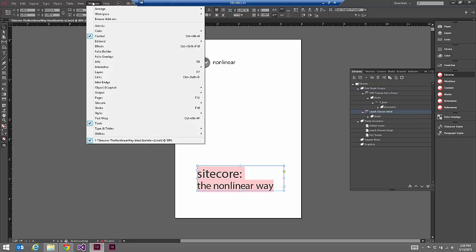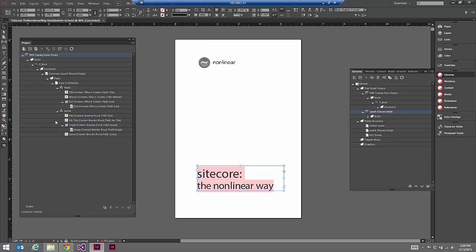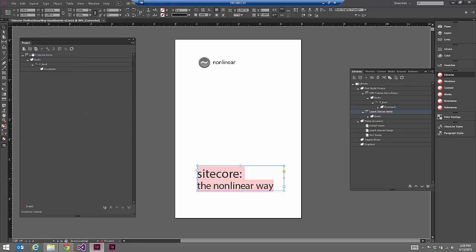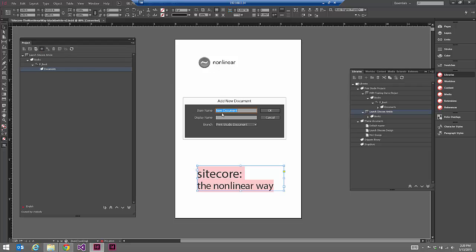Now I've closed my project window. So to bring that back up, go to Window, Sitecore Project, and that will bring up my project window. And I've actually got that old demo project loaded. So I'm going to replace that and load my Launch Sitecore article. I'm going to add a new document,